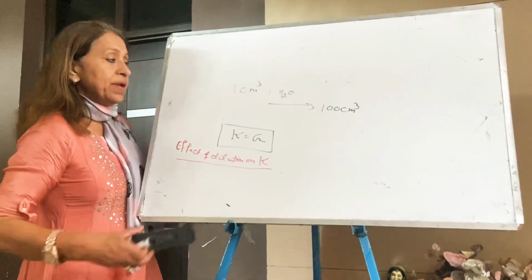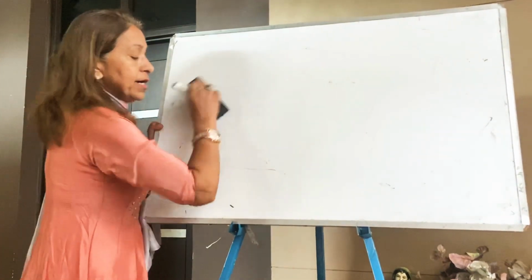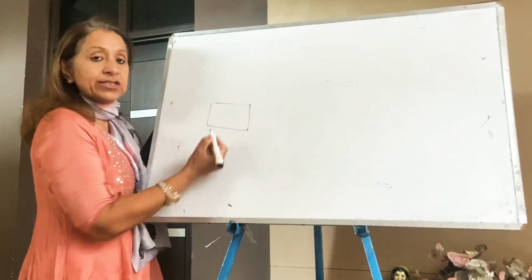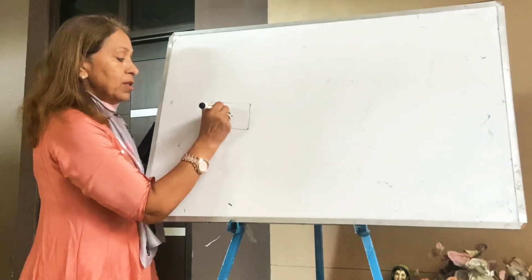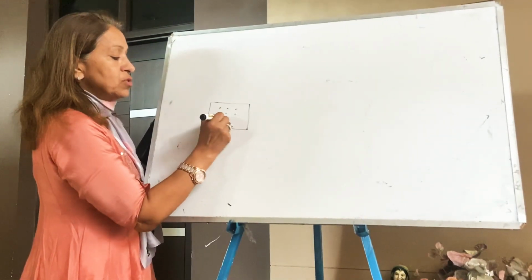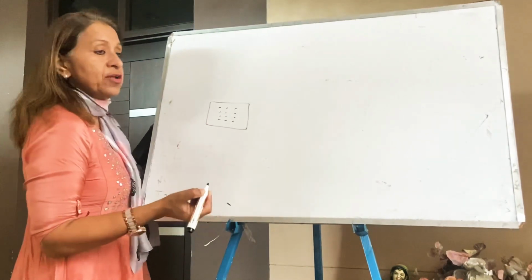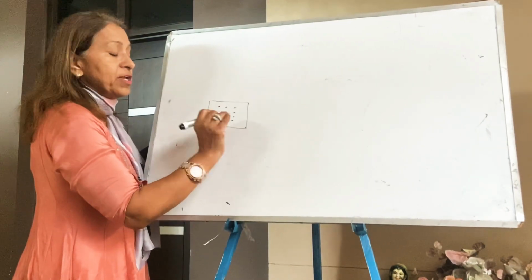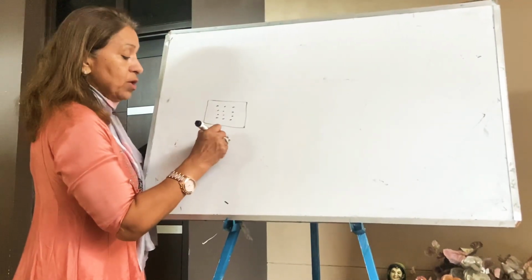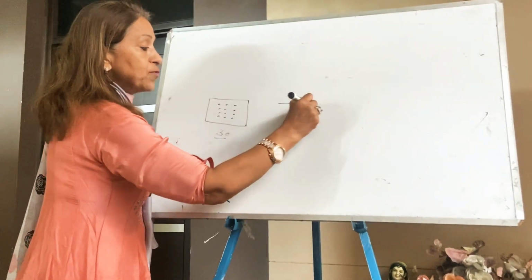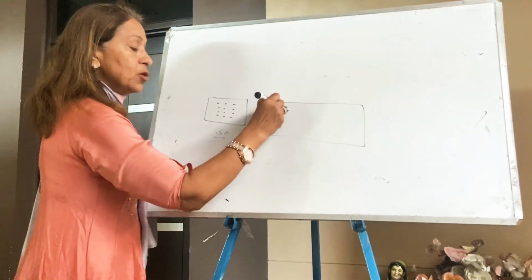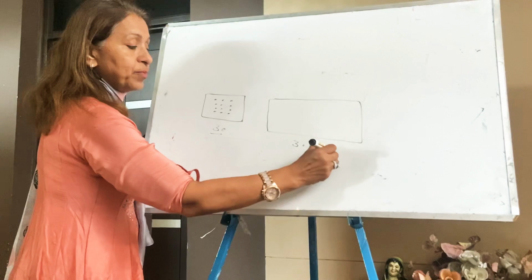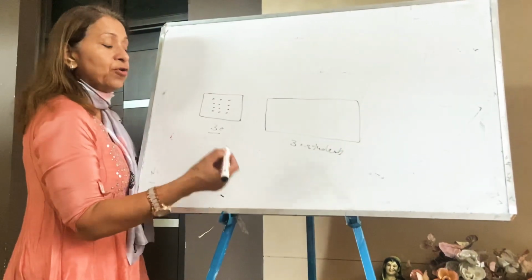So I am taking one example here. Let this be a smaller sized classroom, with 30-35 students. Let the number of students in the class be 30. Now if the same number of students are shifted to a big hall, that is an auditorium, what will happen?